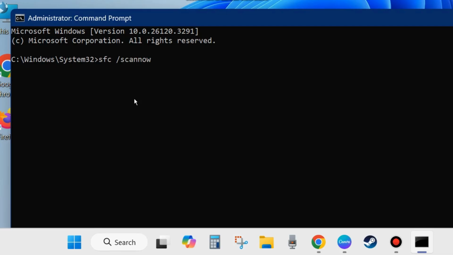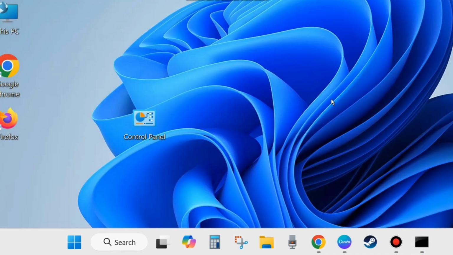This command will scan your system for any corrupted or bad system files and repair them accordingly. Wait till 100% verification completes. After that, don't forget to restart your system. Accordingly, your